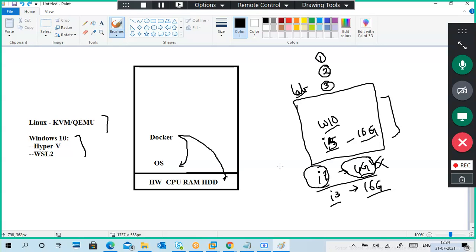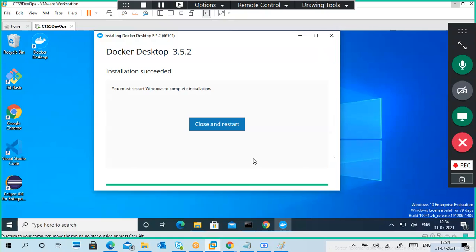So we can create our own lab environment within our PC also, like I'm doing now. You must restart the computer to do this.